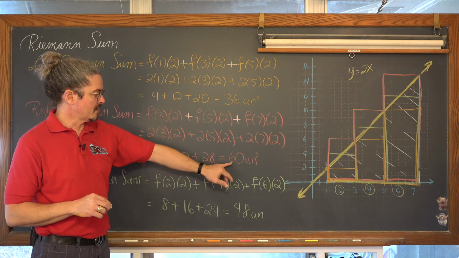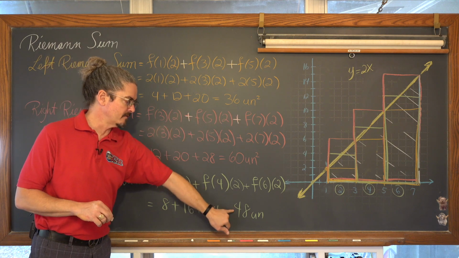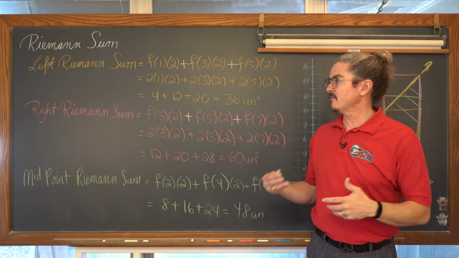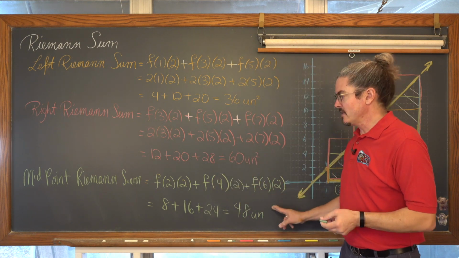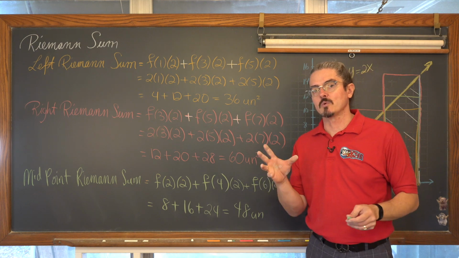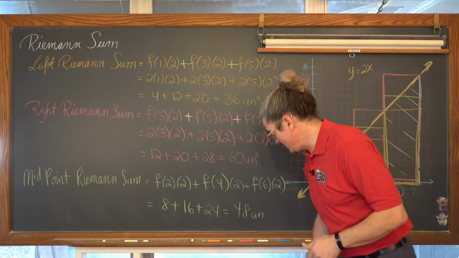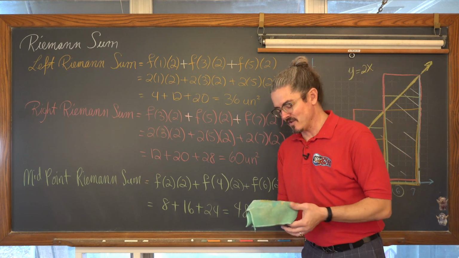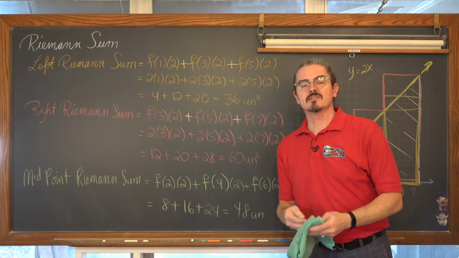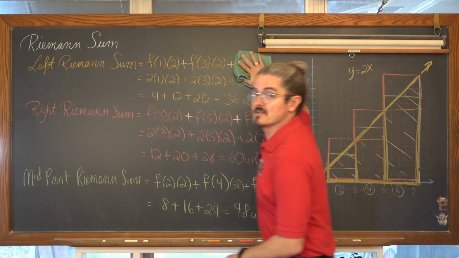And also you might realize that if you do 60 plus 36 and you get 96, and you divide that by 2, you get 48. So a midpoint Riemann sum is an average of the left and right Riemann sum. Do not expect, however, the midpoint sum to ever be equal to the actual area under the curve. That's just going to be a phenomenon for this question because the function that I'm using to introduce all this is a linear function. Okay, so hopefully you now understand about estimating area using a finite number of rectangles with a Riemann sum.